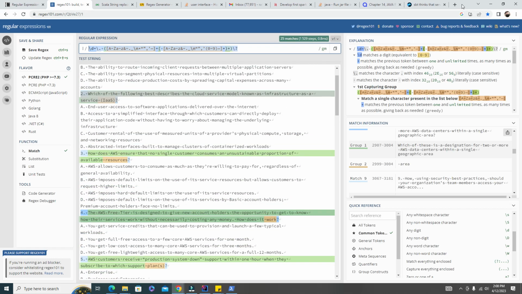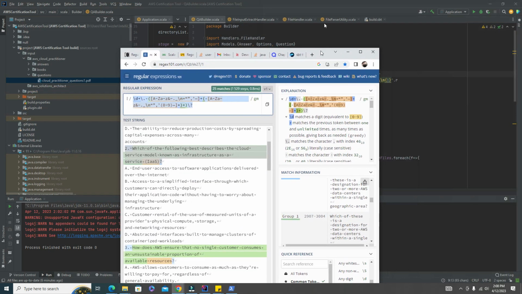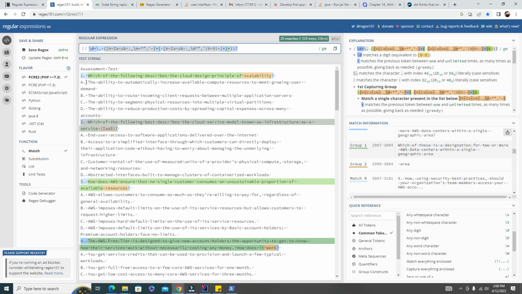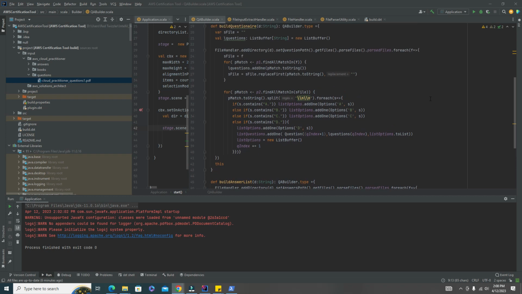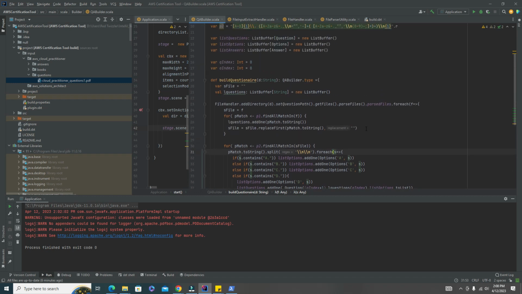And then the second part of it is that I decided to implement a logic to retrieve the answer choices. The way I did that was a little bit different, because this was a very complicated regex expression, and it was not possible to do it in one, or it would become very complicated to do it with one expression. So what I've done instead is